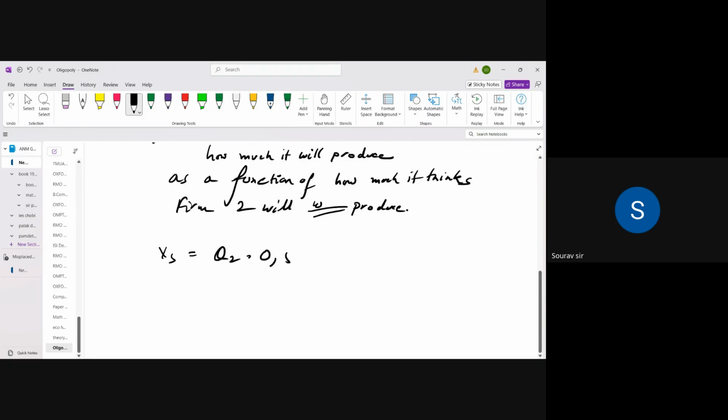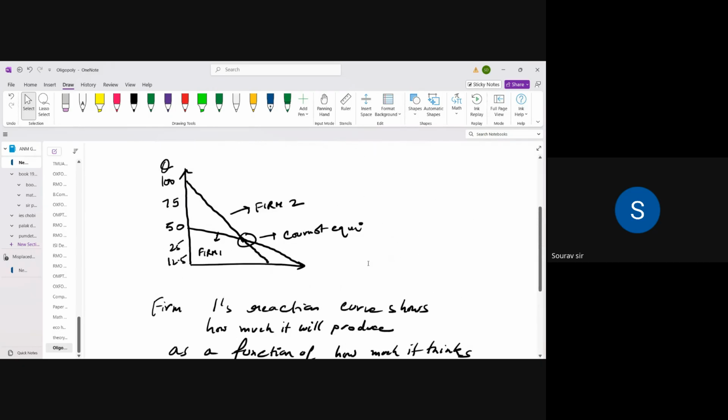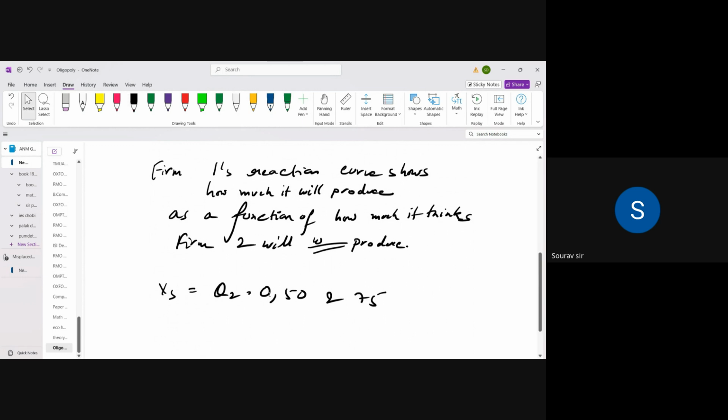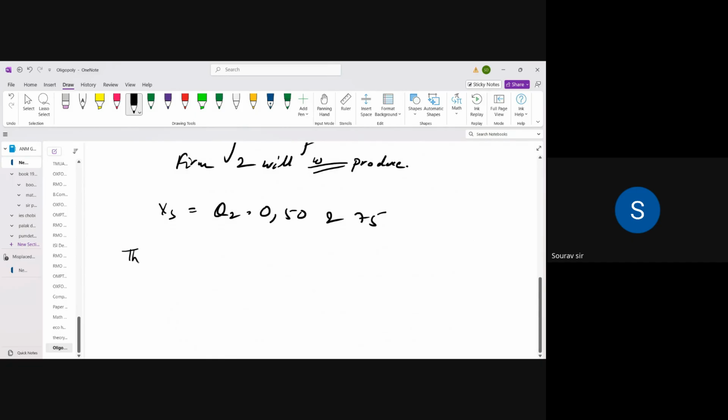Here you can see that Q2 values 0, 50, and 75 correspond in the example. I have drawn the data. So this is firm 1's reaction curve, depending on firm 2. Accordingly, they decide. What happens in a Cournot equilibrium? Each firm correctly assumes the amount that its competitor will produce and thereby maximizes its own profit. So basically, the result will be